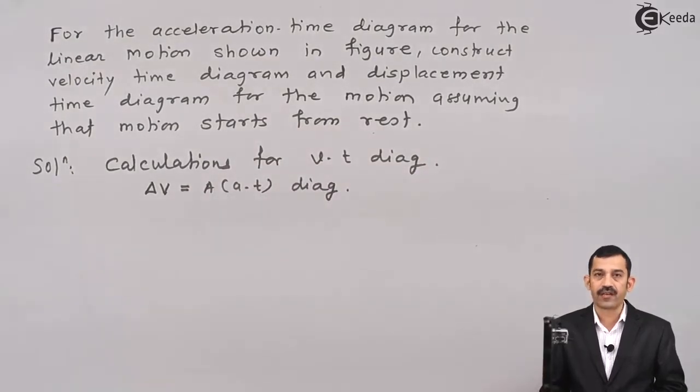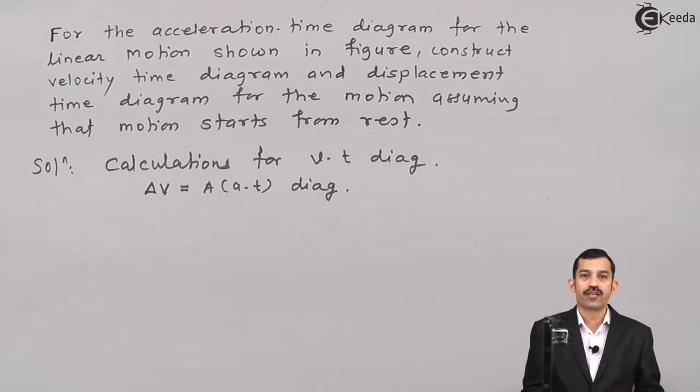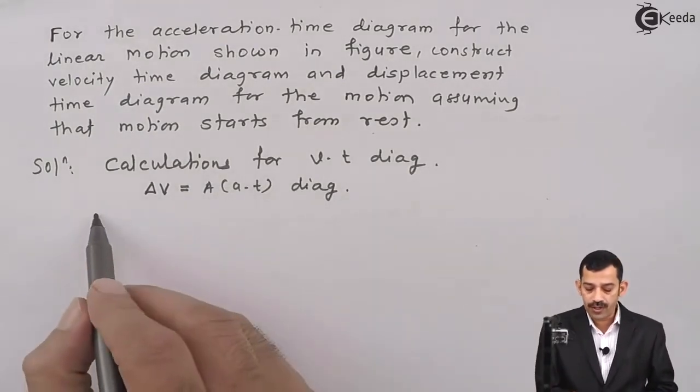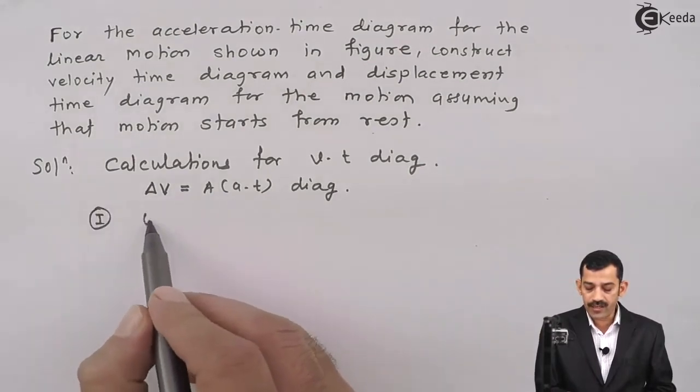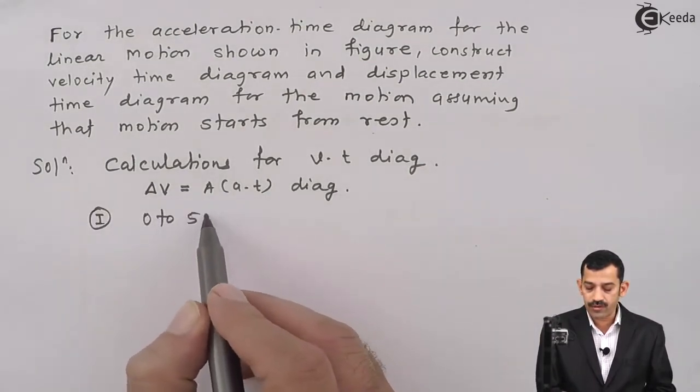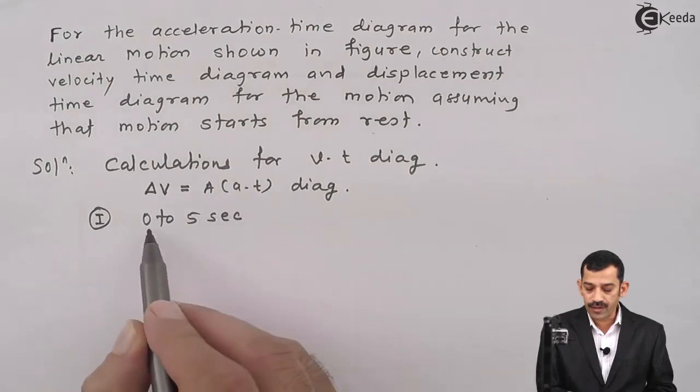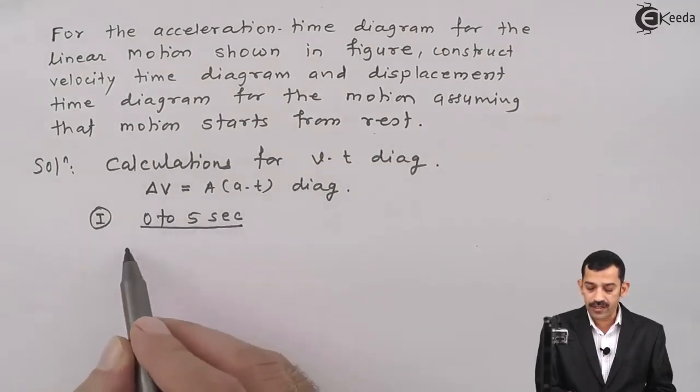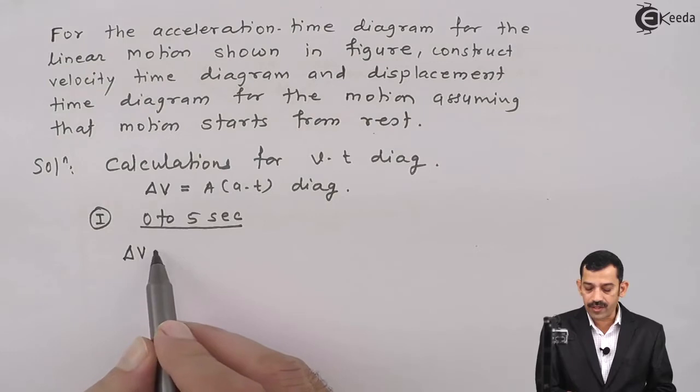We will divide the total time up to 20 seconds into 4 parts. The first part we write as 0 to 5 seconds. Now in 0 to 5 seconds, we write delta V,